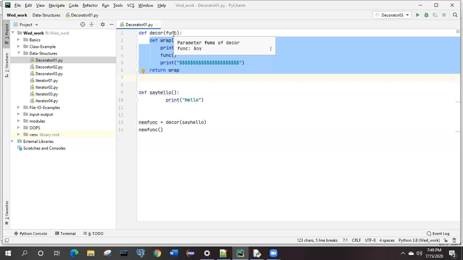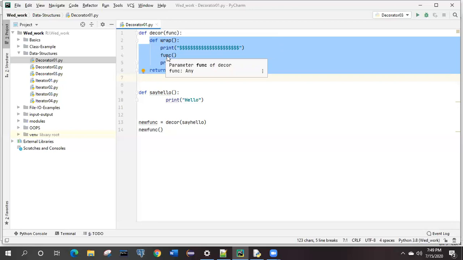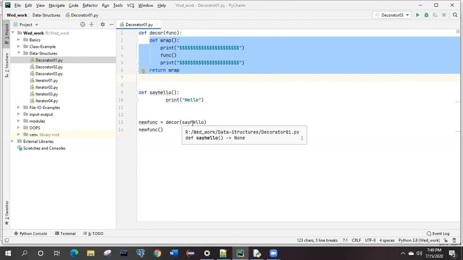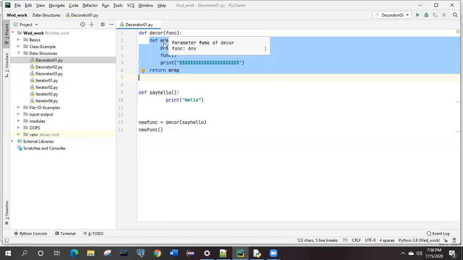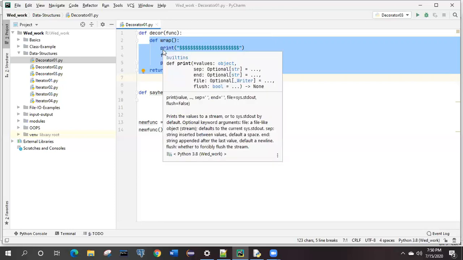In the next shop, there is a person who has this facility. Like that, I will get the wrap-up from him, and it will be returned to me, and that wrap-up I will return to you, right? Same thing it is doing. The decor function has the item that is known as say hello. It will take that one, but before taking that one, it will have one function, this wrap function, which will always do the wrapping.